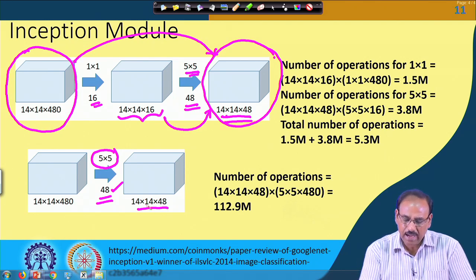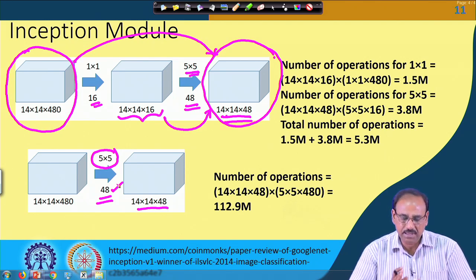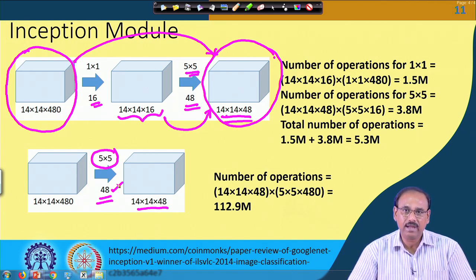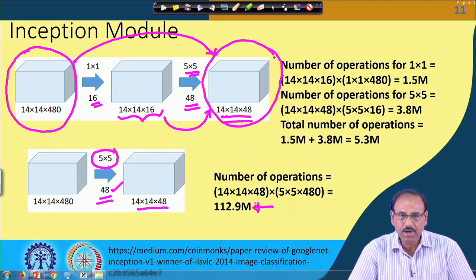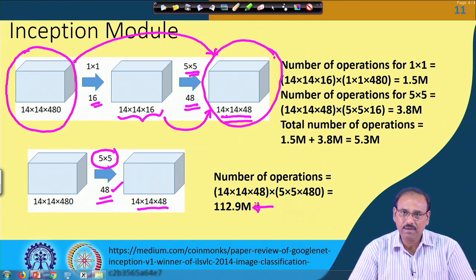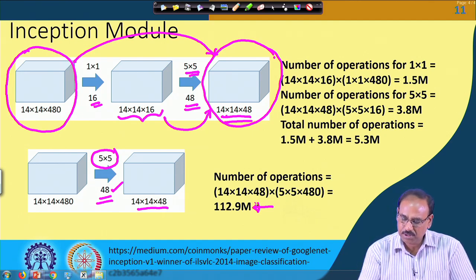Now, if you compute the number of operations that you have to perform in both of these options, you find that when I use this option, that is directly from 14 by 14 by 480 to 14 by 14 by 48, using 48 kernels, each of size 5 by 5, the total number of operations that I have to perform is 14 into 14 into 48 into 5 into 5 into 480, that gives you around